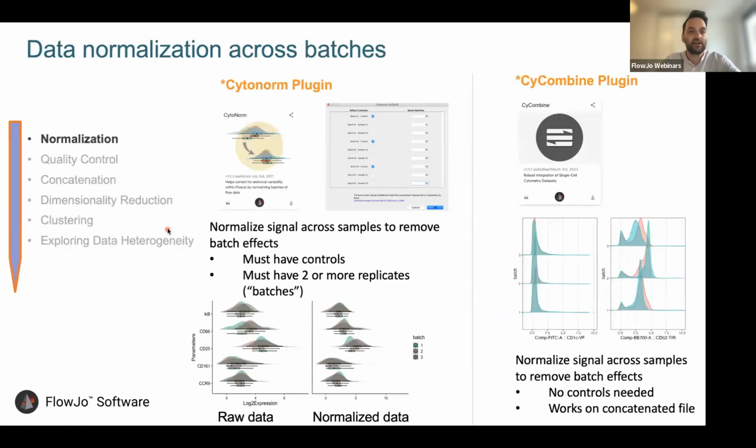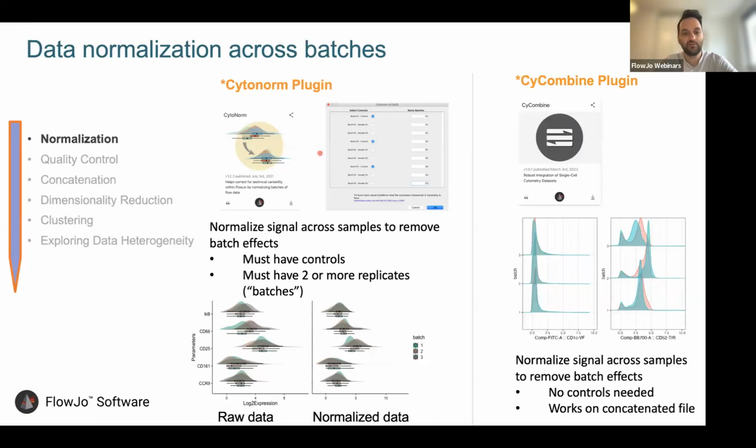So let's get started. Normalization. We currently have two different plugins for normalization: the CytoNorm plugin and the CytoCombine plugin. So when do we use those plugins? We use those plugins whenever we have